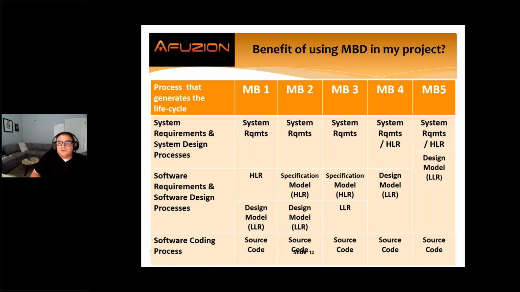Within DO331, they give you several examples of how you would use model-based development or the software model, design model, within your project. And it really relates to not necessarily, I mean, the output is always source code, but the differences will be in how your requirements are coupled together and how they're arranged from your high-level to your low-level requirements. And then where do you have within this arrangement the capability to actually generate this source code directly from your model?